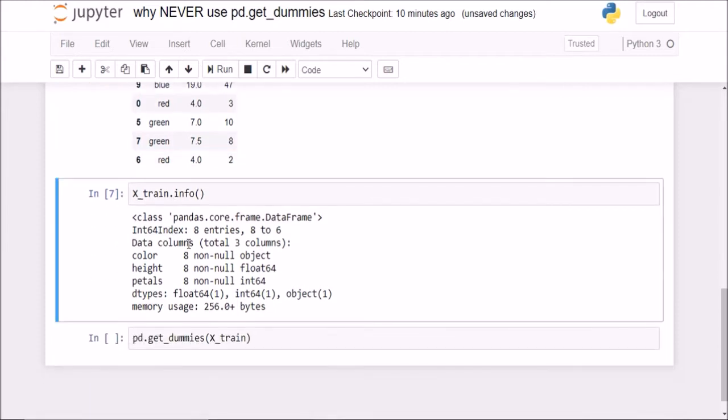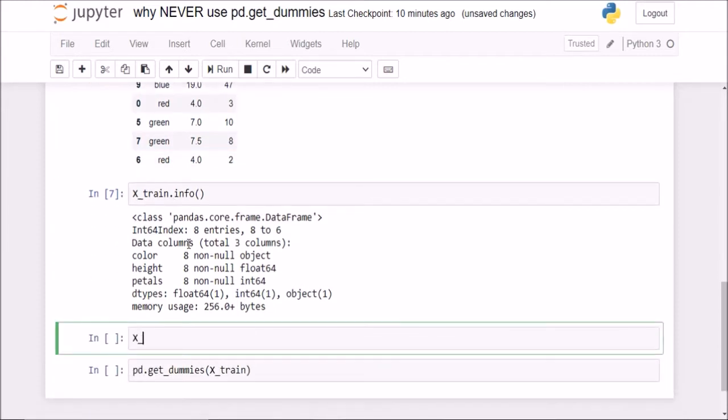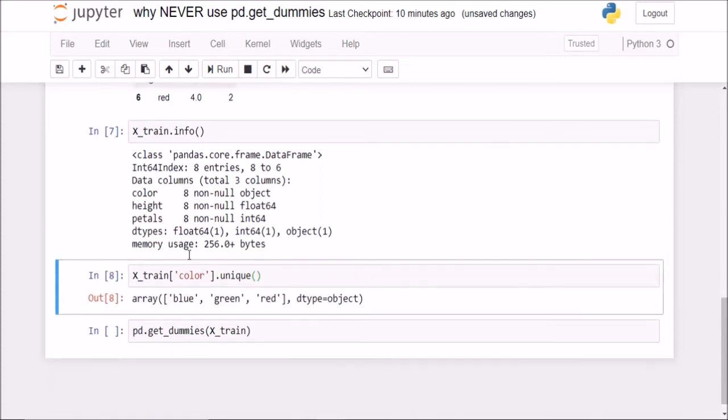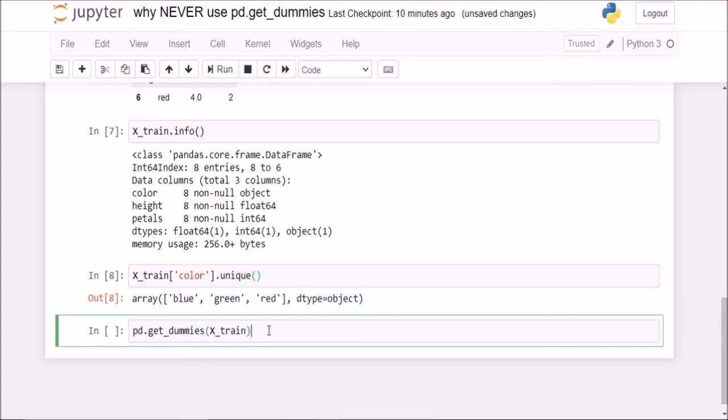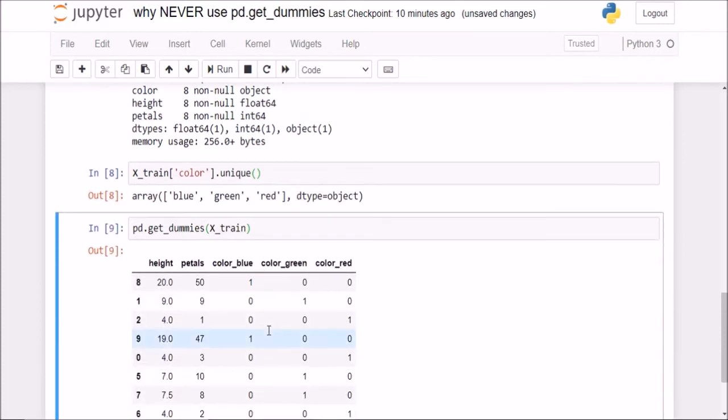Okay, for example, in my color column, if I check X_train of color dot unique, I have blue, green, and red. I have 3 unique values in my data set here. So if I do pd.get_dummies, you see what happens.